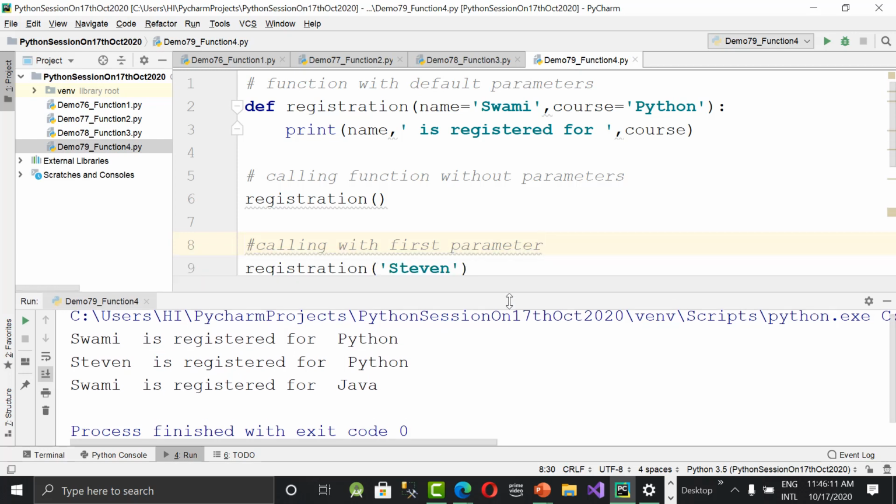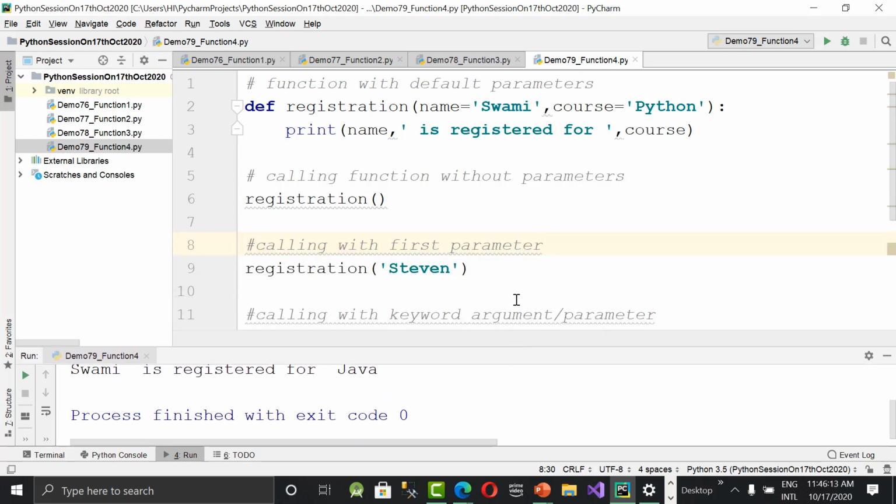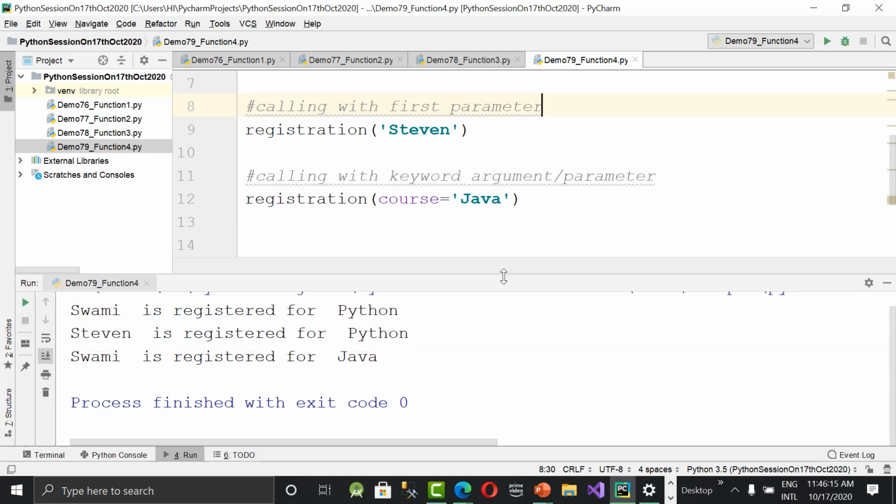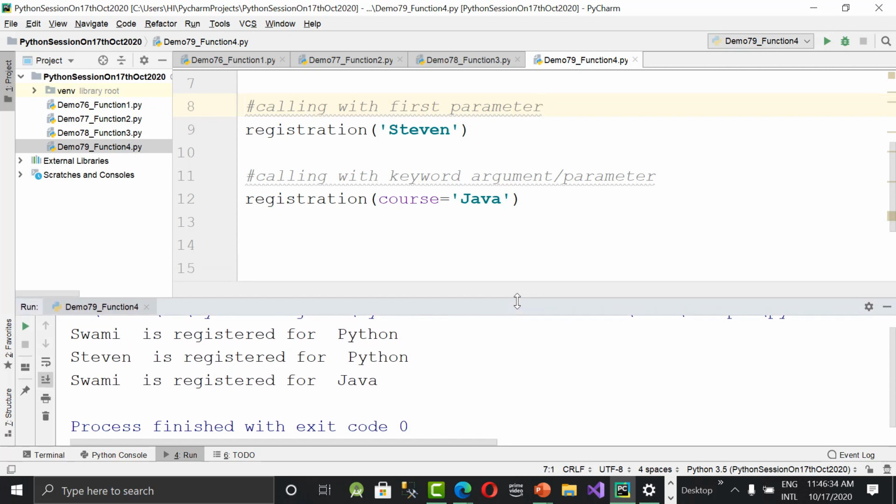So it is clearly understood that the value passed here as Java is nothing but a course name. For the second parameter, or third, or fourth, whatever it is, you need not follow any sequence when you give these keyword arguments. For whichever parameter you're passing, that parameter name is equal to the value you want to pass. These two we need to get. Is it clear, guys? Any doubts in this? Please type your queries in chat so that I can see and reply.